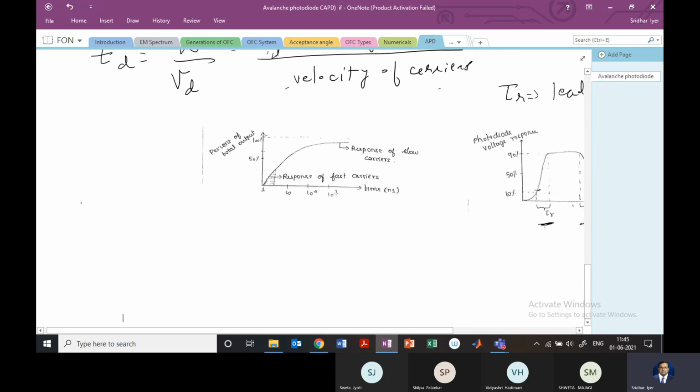Right? So just the last part which I was telling you about, the rise time and fall time of the diode. Here you will also see I put in the notes: if the input pulse is a rectangular pulse, because of these constants, you have a slow component which rises slowly, and then you have a fast component. So it looks something like this, right? So this will be the slow carriers, and the fast carriers will ensure that you get the output very soon. So all of this is related to the rise time and the fall time. You can look at those aspects in the notes. There is about a page or a page and a half on that. Okay.